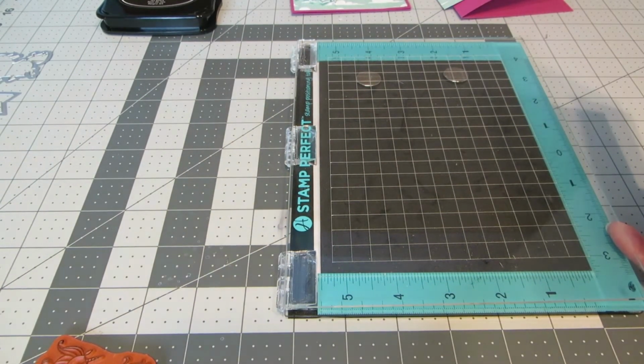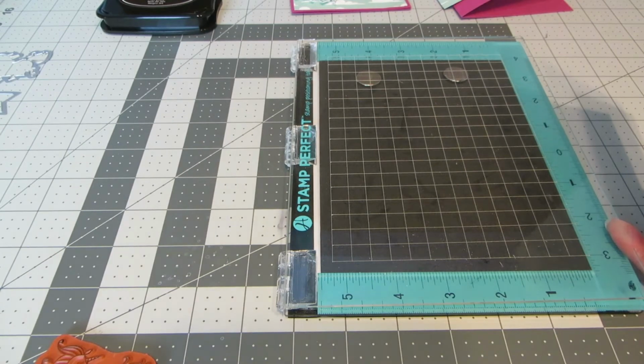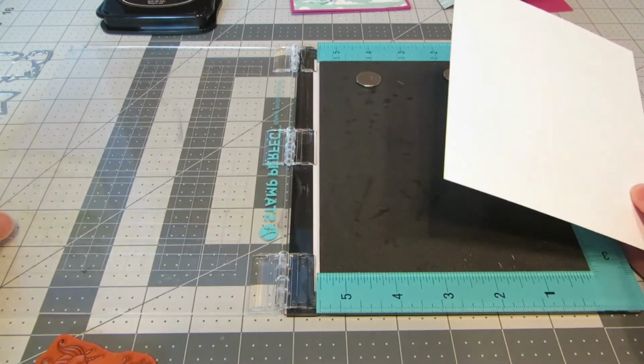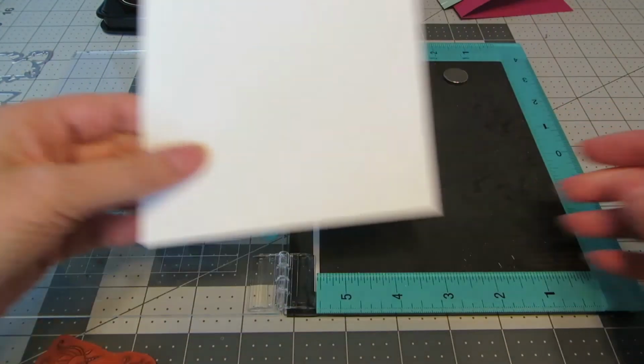There's several sizes of Misties. Tim Holtz also has one. Some other companies are coming out with some new platforms. You don't have to have a stamp platform, but I do find that with the texture of the watercolor paper,